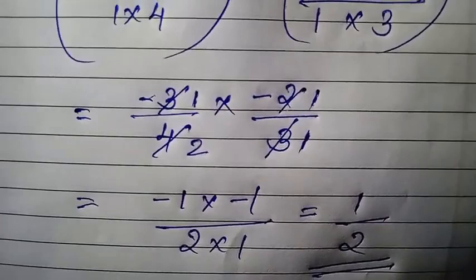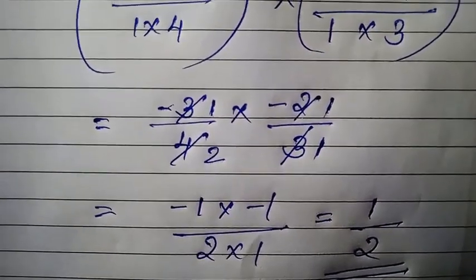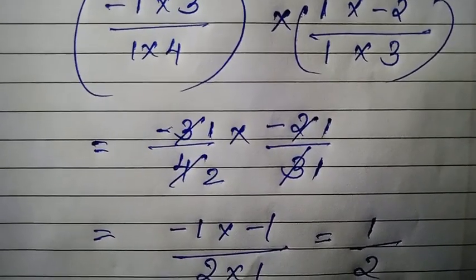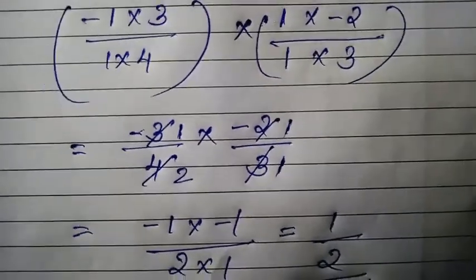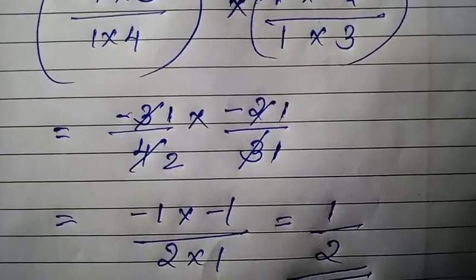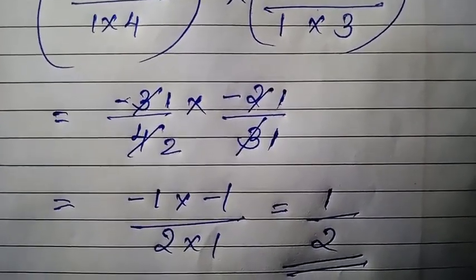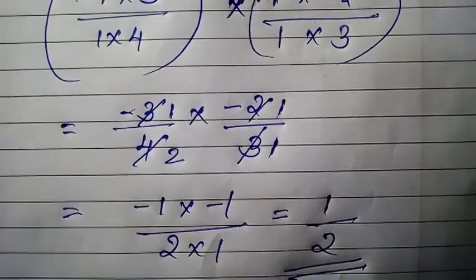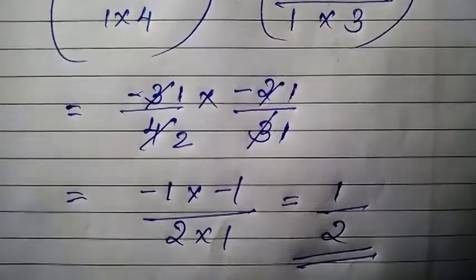Okay, so I will explain one more time. If you get a question like this, you should group it, whichever numbers are easy for cutting, you can cut them and do it this way. Okay, using commutative and associative property, use it like that and you will get the answer easily. Understood? This is the quick review.